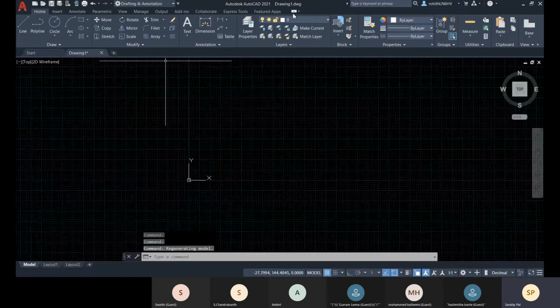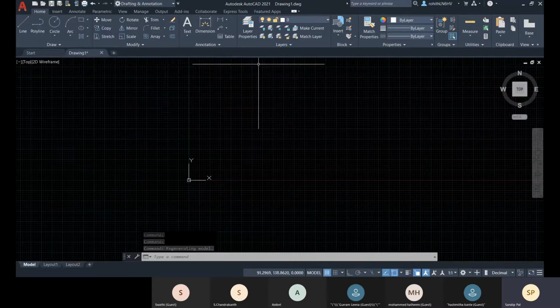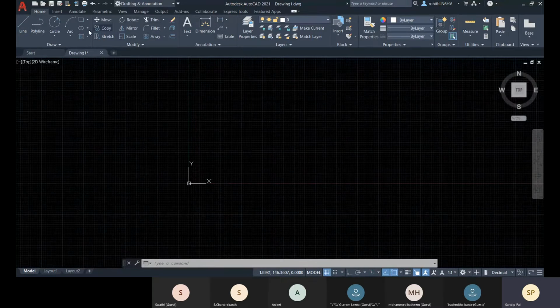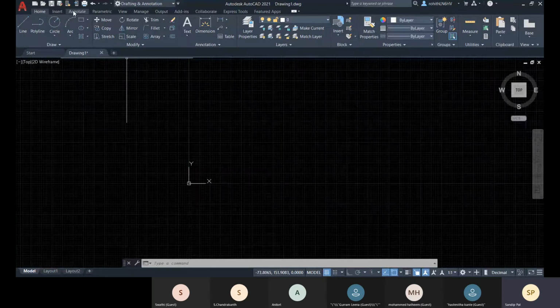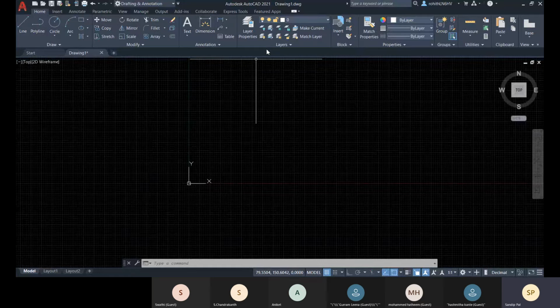Now you see that your ribbon is activated, and within that you have the workspace. Workspace is the set of your tools and your tabs within this ribbon. All this set is called workspace. It is organized according to the work purpose.